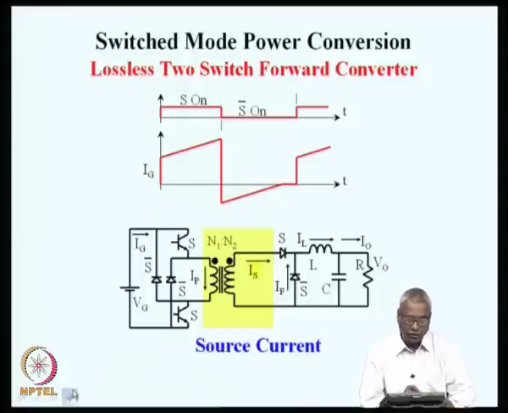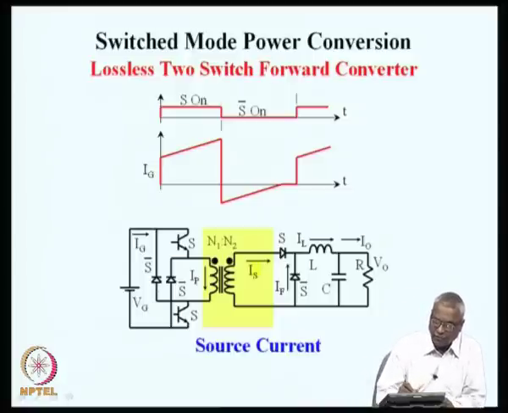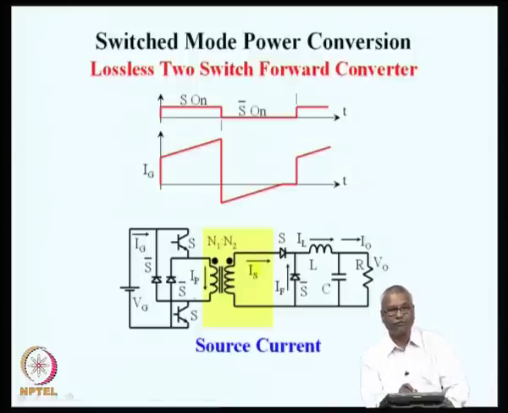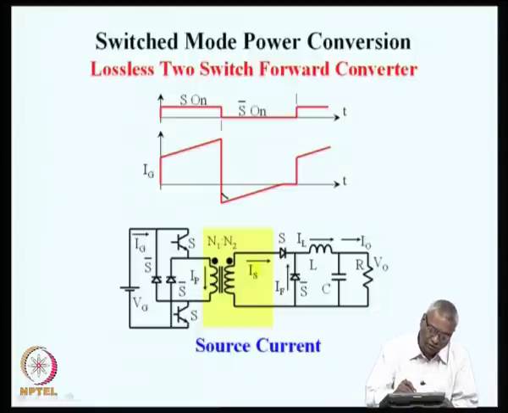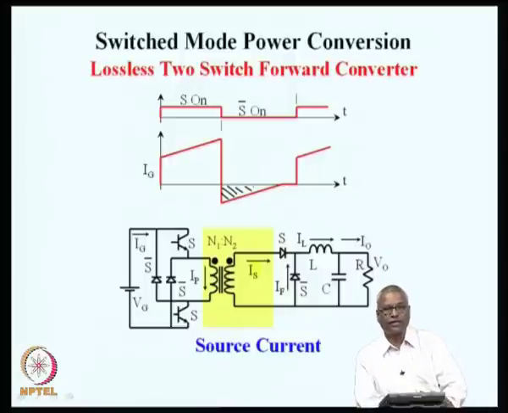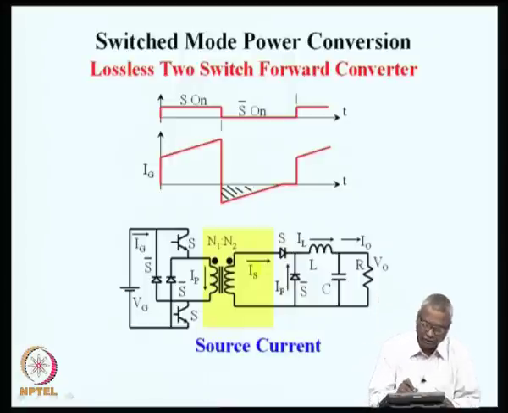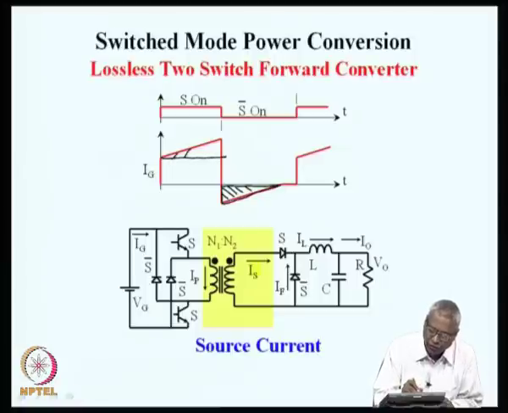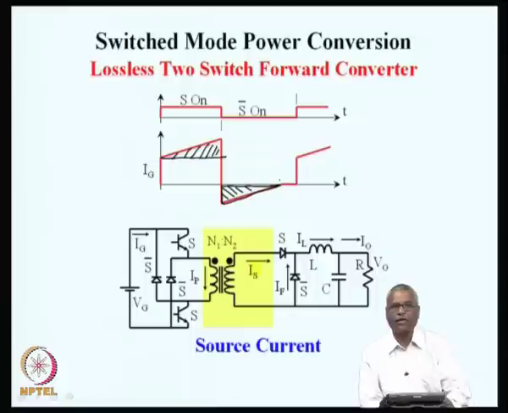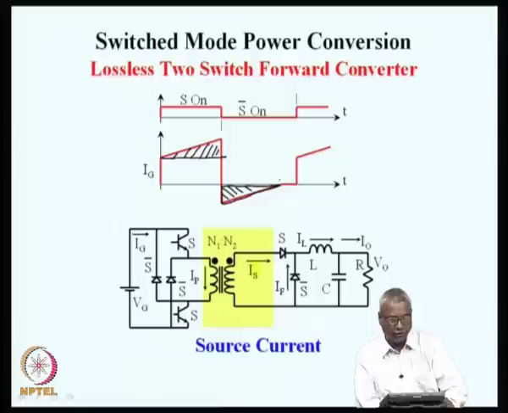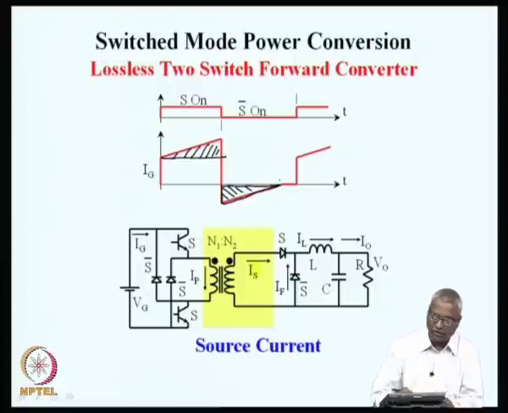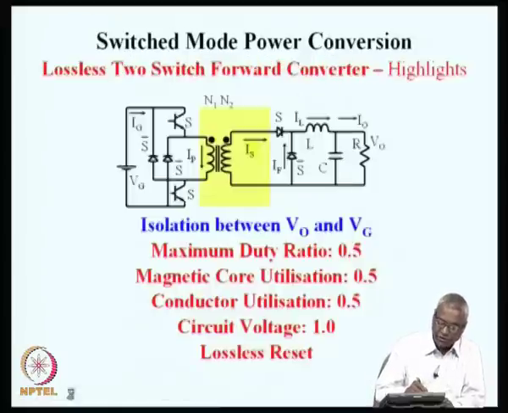And if you see the source current, during the on time, the primary current is the same as the source current. During the reset time, the primary current is the inverse of the reset current. On account of that, you see the source current is in the negative direction. Just as before, we see that the same amount of energy that was drawn during the magnetization part is being sent back to the source during the demagnetization part. So, we have efficiently, without loss, recovered the entire magnetizing energy, and so this isolation is now without any penalty on efficiency.